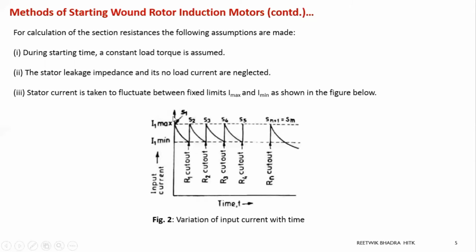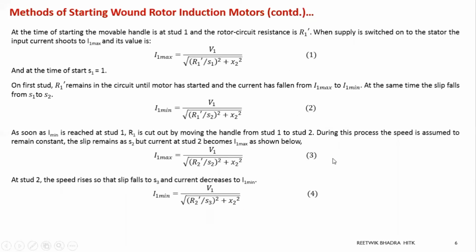We are thinking that the current is fluctuating between 2 points. One is I1 max, I1 minimum. So I1 max, I1 minimum, then I1 max, I1 minimum. This is for making the calculation simpler. Okay, like in power electronics, we have done. We have taken some minimum and maximum value, specified those minimum and maximum values. So it will be very easy for our calculations. So that's why this last point is made. We will fluctuate the current between 2 points, I1 max and I1 min. Now we'll use this figure only in the next slide calculations.